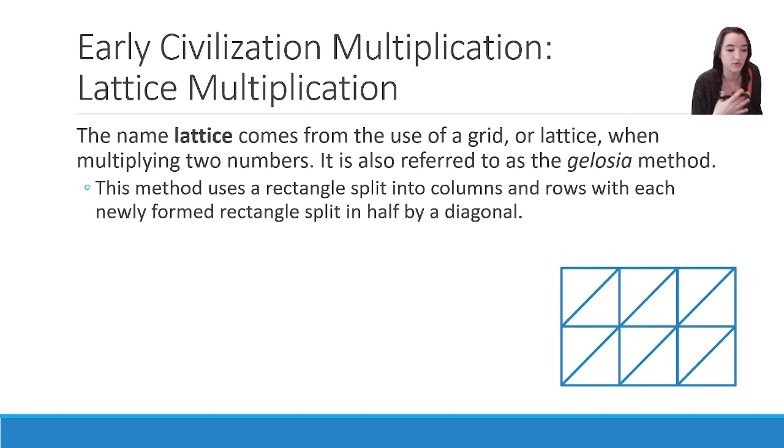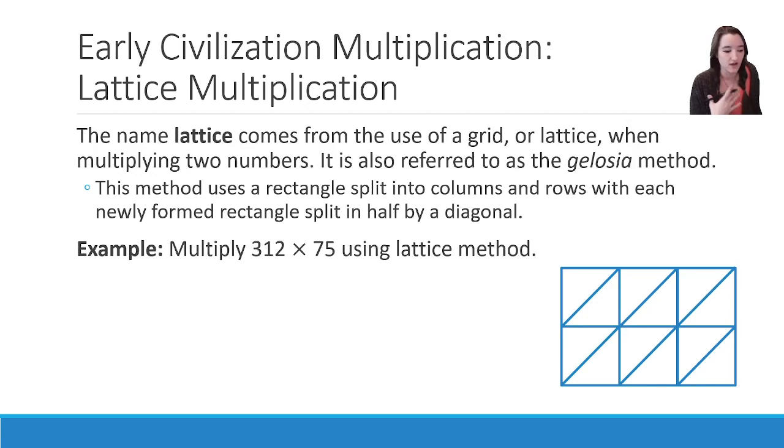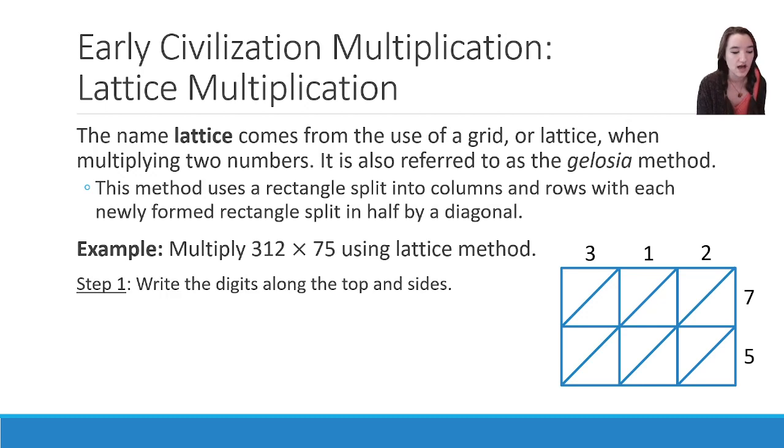This method uses a rectangle split into columns and rows, with each newly formed rectangle split in half by a diagonal. So, if I want to multiply, for example, 312 times 75 using the lattice method, my first step is to line up the digits along the top and sides of my lattice. So I already had this box set up for this problem,